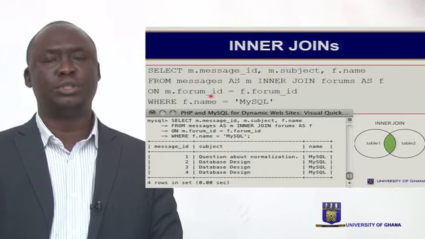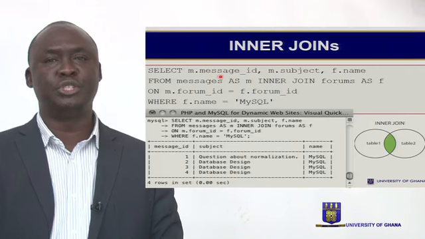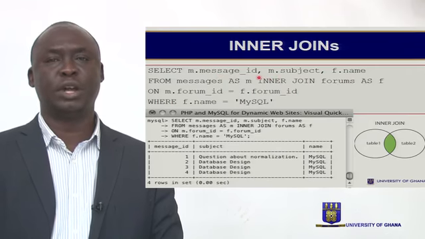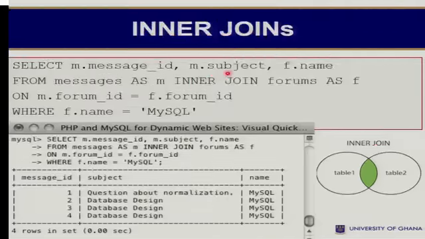If you are using more than one table, using aliases is very important because it allows you to distinguish the fields. For instance, you could have message subject coming from two tables, the message table and the forum table. If I want the one from the message table, I would just use m.subject. If I want the one from the forum table, then it would be f.subject. So aliases are very important when we are using